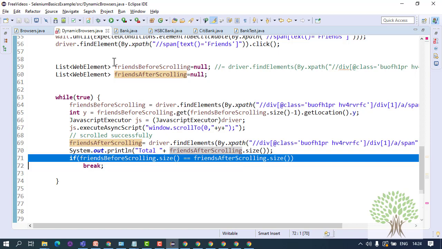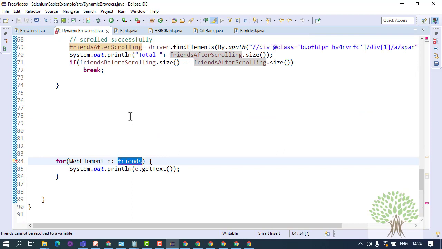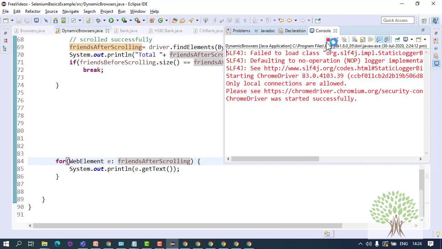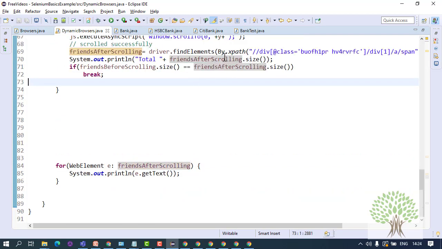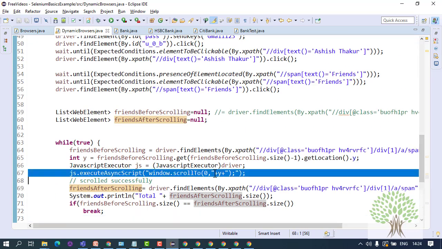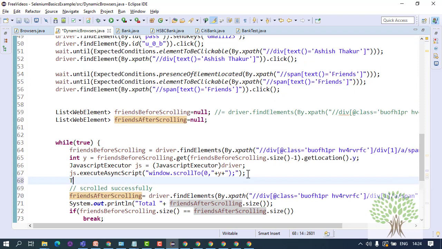And one thing, you can print the friend list after scrolling, right? So now when you run this code, hold on, let me also do one thing. Let me put a small delay, because after you have executed the scroll, the friend list takes around 2-3 seconds to load.